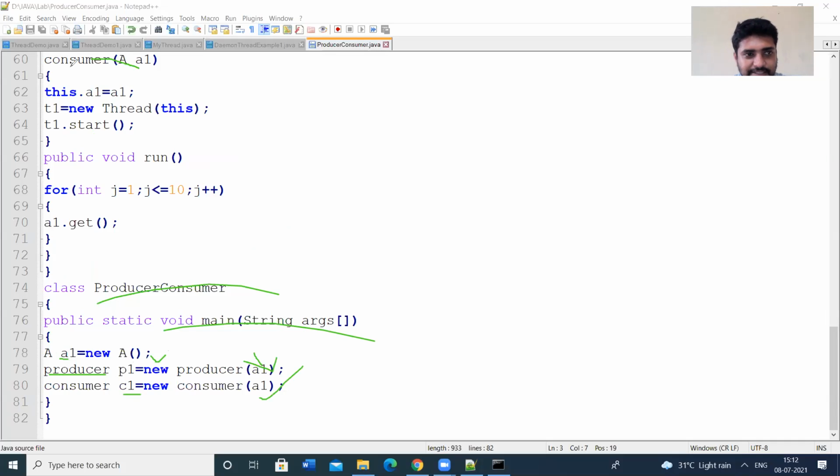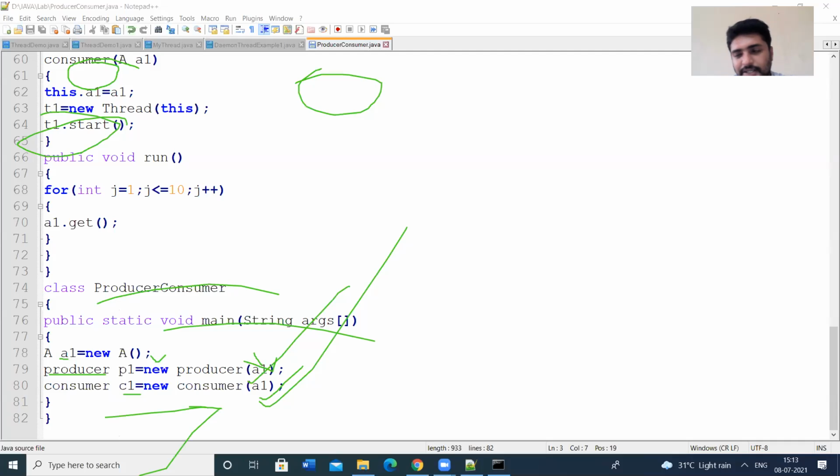That's why we have used the constructors here, the Consumer constructor and likewise the Producer constructor. Then only we can pass the parameters like this, A1. Already we have started the threads with T1.start and T2.start, so here we have not started them again.